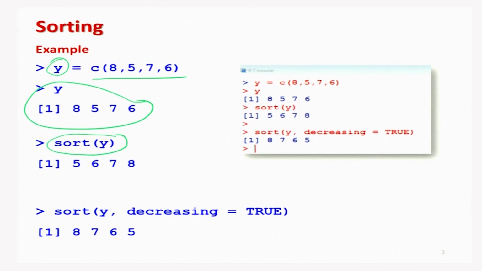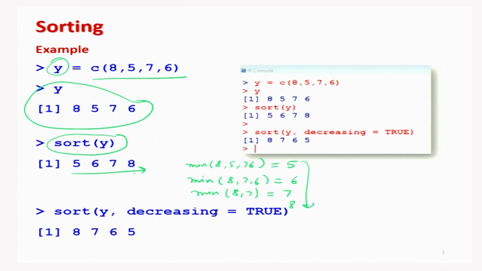So, now you can see here the minimum value out of 8, 5, 7, 6, which is here 5. So, this is arranged first. Now, first is out and then the minimum value among 8, 7 and 6 is found. This is here 6, and then out of the remaining values 8 and 7, whichever is the minimum value is found, and finally the last value is here 8. So, this is the order in which the sorting is done and you get an outcome like here 5,